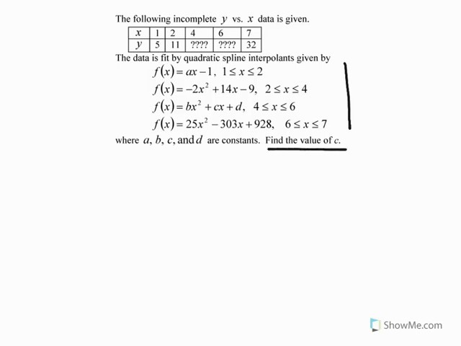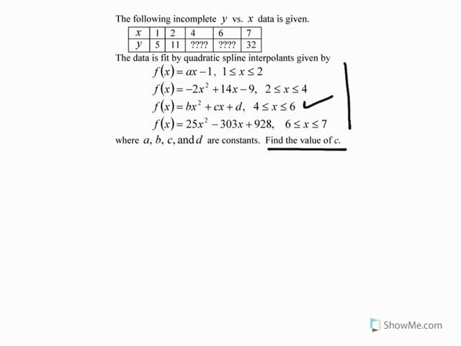Finally, we're asked to find out what the value of c is, which is one of the constants in the third spline interpolant, the one which goes through 4 and 6. Now, if I was going to find out what c is, that means that somehow I have to figure out what this particular spline is. And that means that I have to maybe set up 3 equations, 3 unknowns for the values of b, c, and d. I'm not necessarily saying that we can solve it by using 3 equations, 3 unknowns. At least we know that in that particular spline we have 3 unknowns, b, c, and d. How can we figure out what c is out of those b, c, and d?